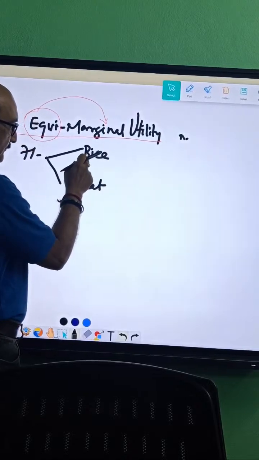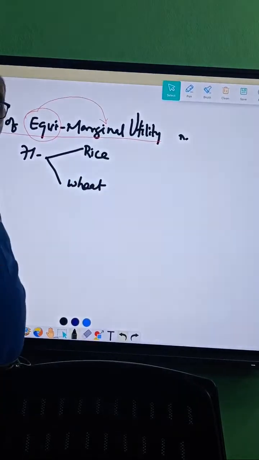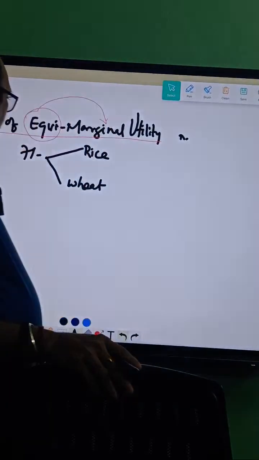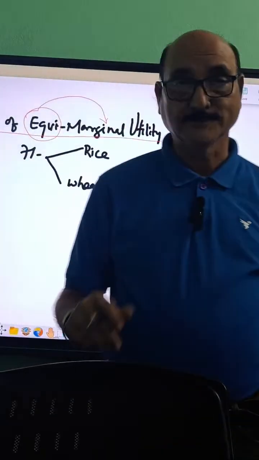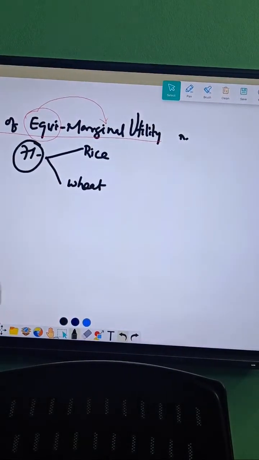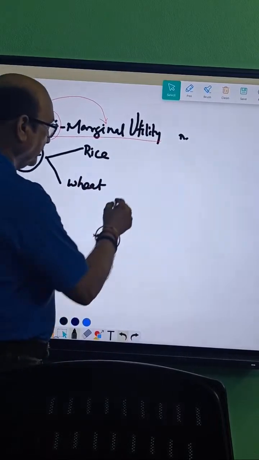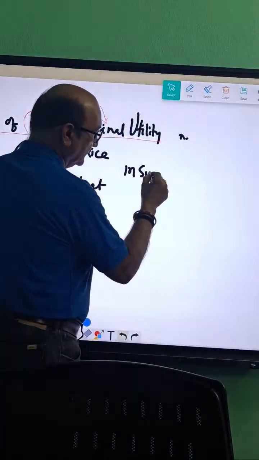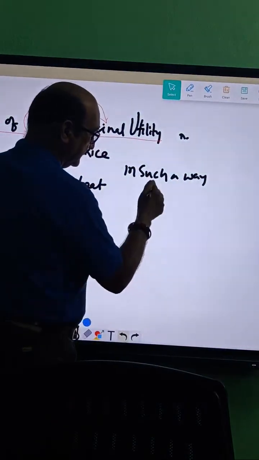If you are a student of Odisha or person of Odisha, you will love rice. This is food habits, so on that way, marginal utility also differs because your taste differs. Anyway, let us assume that a person can put it into the purchase of two goods in such a way